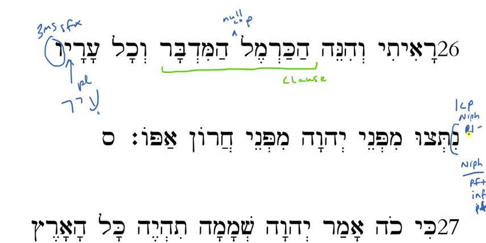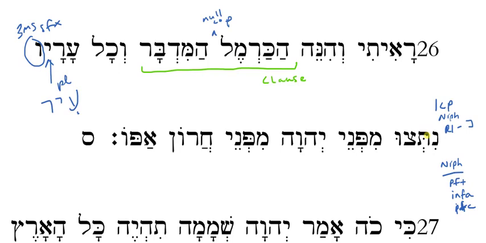What if it's a root 1 nun? Then I have to reckon with the fact that that nun's not a prefix, but it's part of the verbal root. And then I've got to look at the qibbuts under it and the doubling dot and the tav, and I may suppose that that's a Pual. Okay, so if this is a root 1 nun, then it looks like a Pual perfect. Okay, if it's a niphal nun, then it's one of these three.